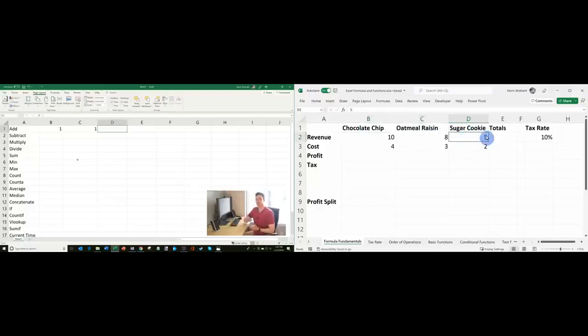Well, the key to doing formulas in Excel is you always start with the equal sign. So here I'm going to enter equal, and what I could do is I could say, well, what is 1 plus 1? Or I could even do easier, and what I could do is add up these three different cells. So I can just highlight these three different cells, and you'll see that